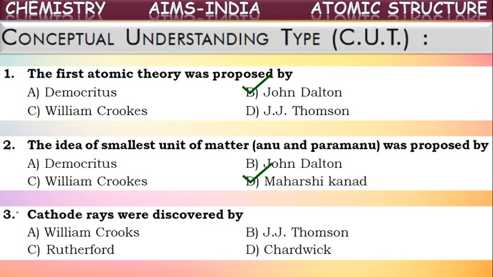So the discovery credit of these cathode rays is given to J.J. Thomson. One more point to remember: the discharge tube experiment was first done by William Crookes, but the discovery of electrons, or cathode rays, was done by J.J. Thomson. These electrons were earlier called cathode rays because they are produced and transferred from the cathode side to the anode side in the discharge tube. Nowadays we call them electrons. The name electron was given by G.J. Stoney. So the discovery of cathode rays was done by J.J. Thomson.